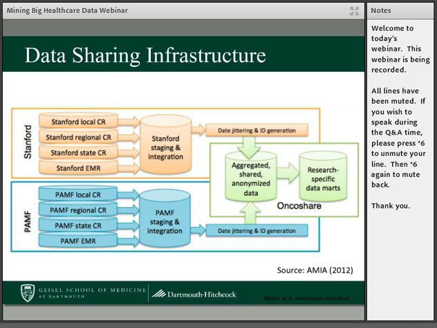So once we create this anonymized data and aggregate and share it between the 2 institutions, which is the OncoShare project, then we can create databases for researchers to use. This is an ongoing process we've been working on. Since I left Stanford in 2012, there's been ongoing data collection. We've also pulled in genomic information from patients, imaging information, and so forth into this database, and we continue to write a number of papers from the work.